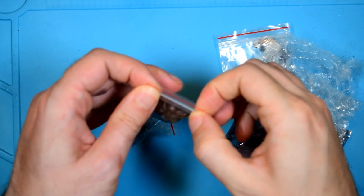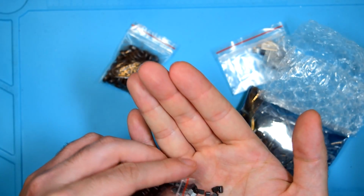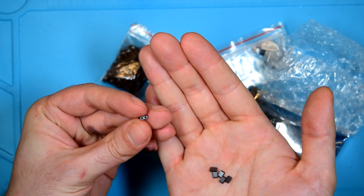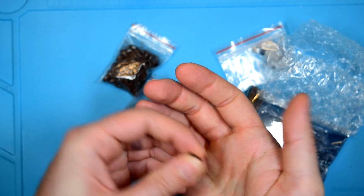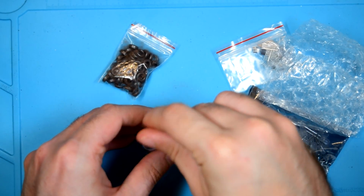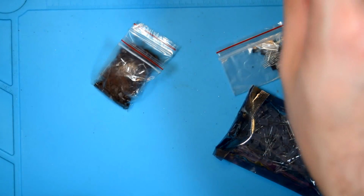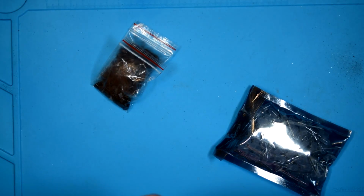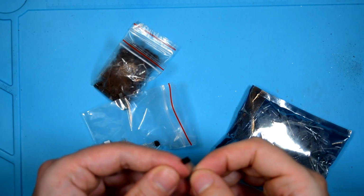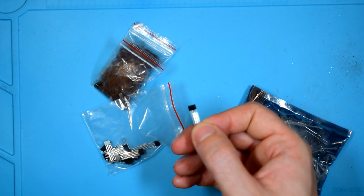I bought some ferrites a little while ago to use for my jewel thief experiments. Now, these ones will be interesting. They're tiny, but they've got two holes in them. So it'll be interesting to see how these perform. I ordered some ferrites a while back on Amazon, and they were way too big for the purposes that I need ferrites for. And then just for fun, I also ordered a bunch of these weird little 4-pin things,